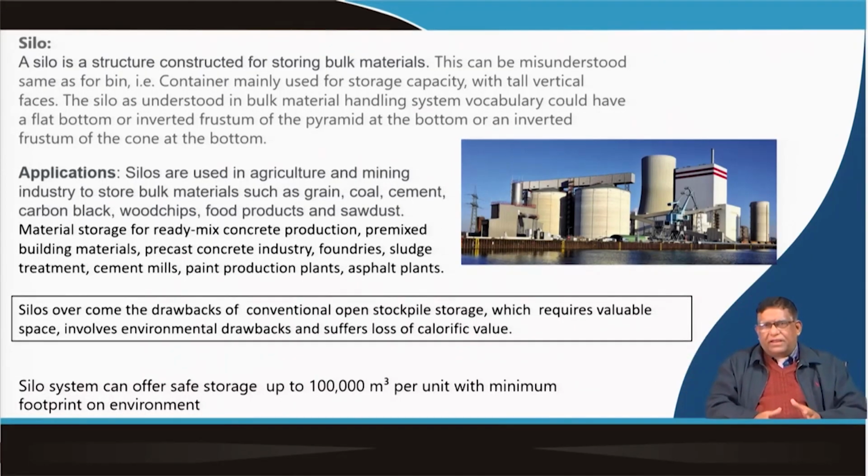But if you are having a silo, it could be maybe 25 meter or 10 meter in diameter, because you are keeping the material vertically. So, in another way we can say that the environmental footprint of this silo will be much less when compared to storing the same material in open storage. So, the silo system with a minimum footprint to the environment may come, and that is why silos have become